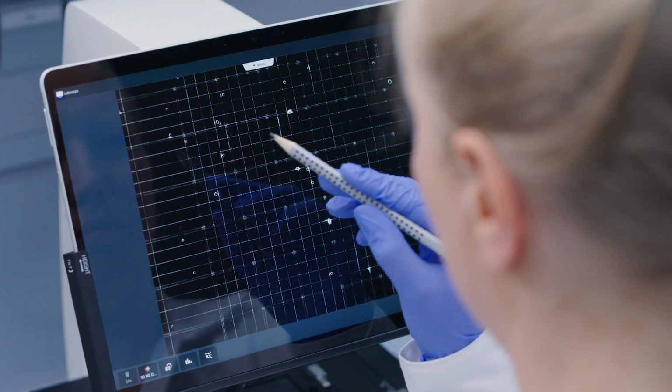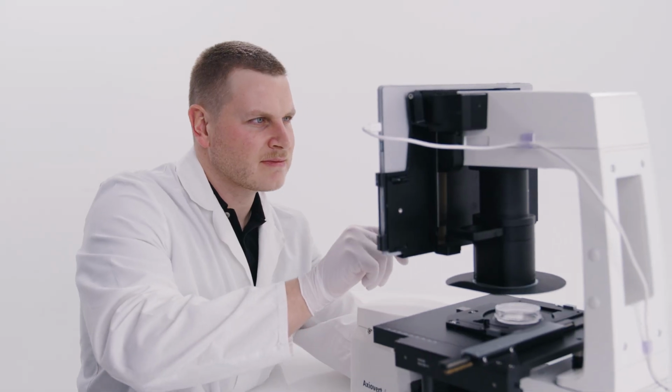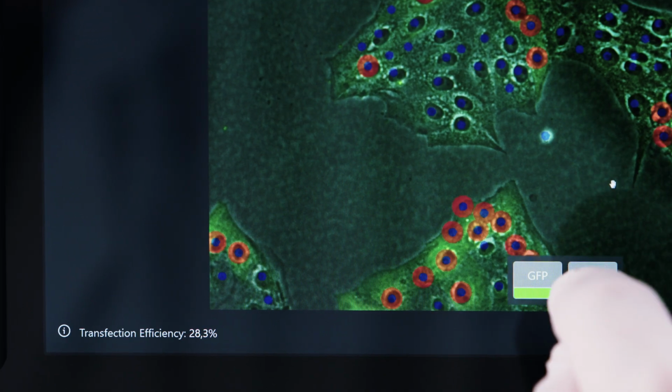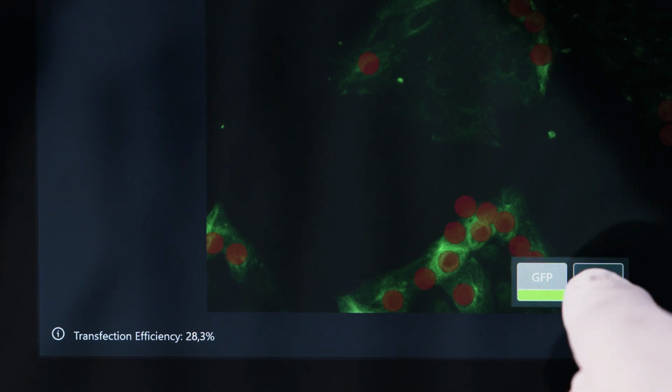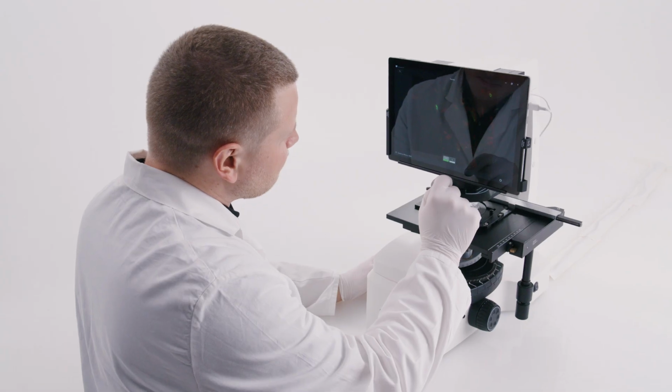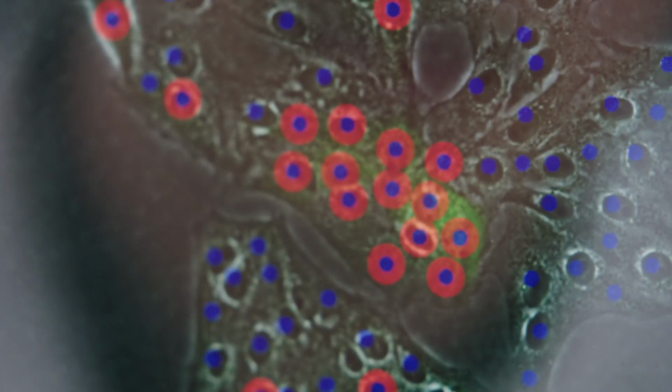Manual estimation has its place, but with Zeiss Labscope, measuring transfection efficiency becomes faster, more consistent, and easier than ever. Reduce subjectivity and let AI support your